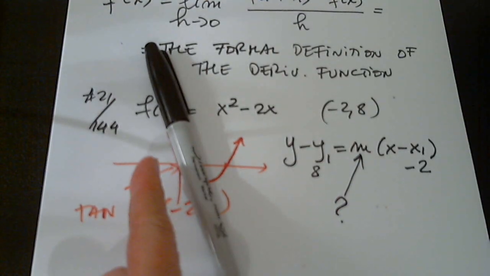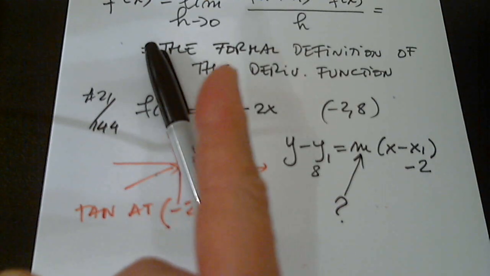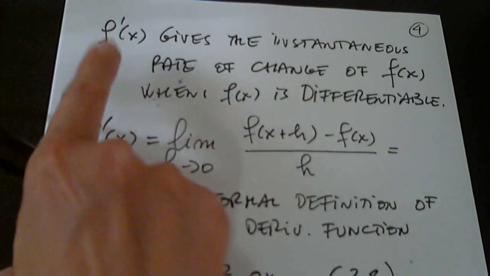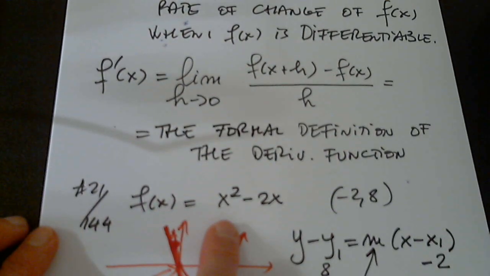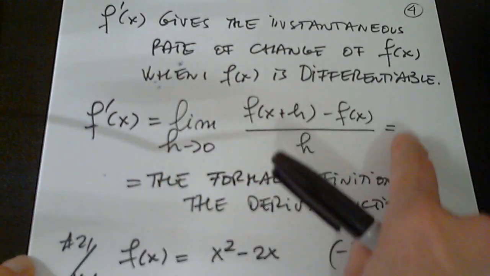I have the point, but I have to determine the slope. How do I determine the slope? Finding f prime. For what? For this function. I have the function. I find f prime with the definition